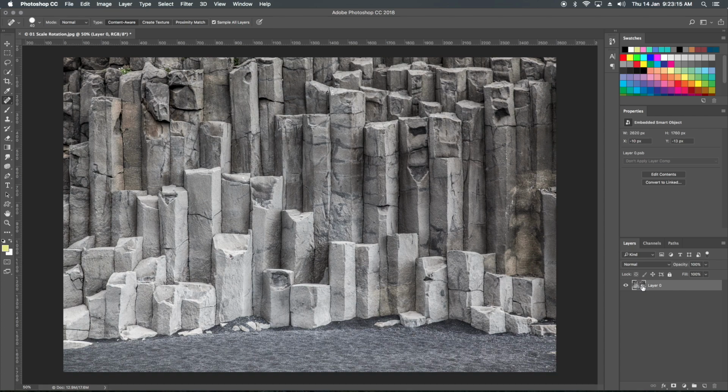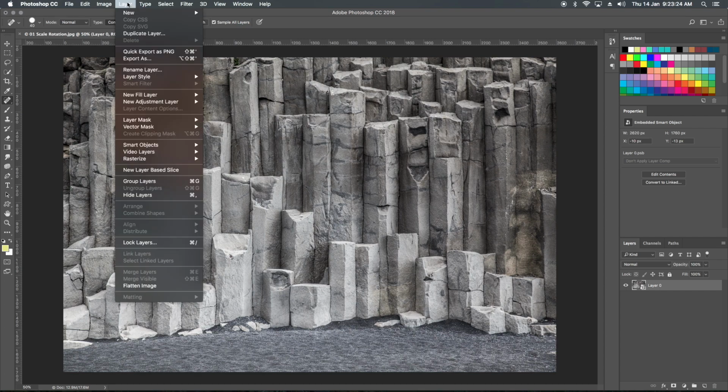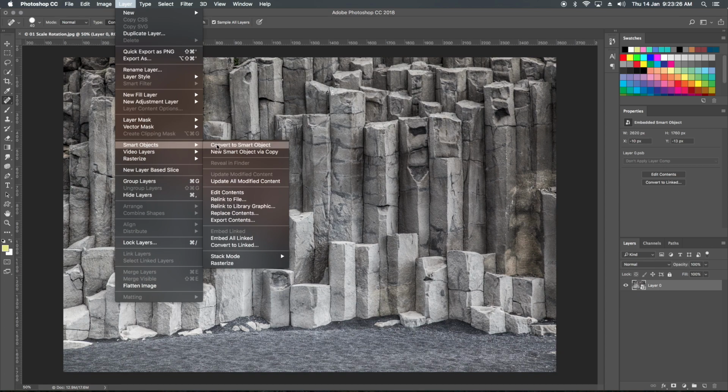The smart object holds an individual image inside it, and whatever changes we want to do, we can do that. So where you can go is Smart Object, and here, Edit Contents.